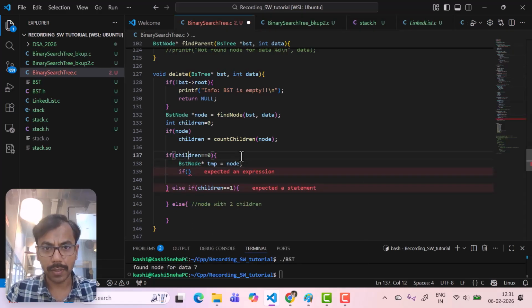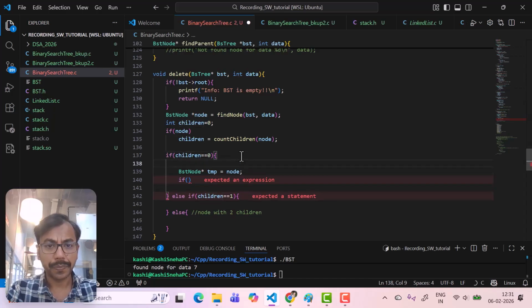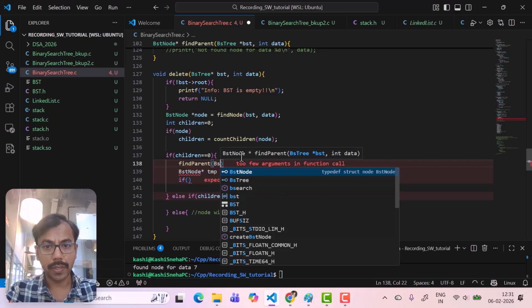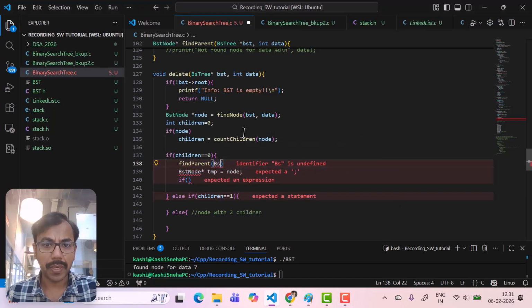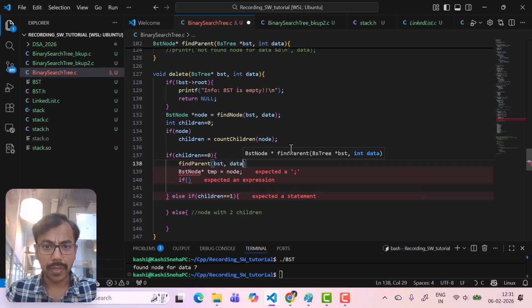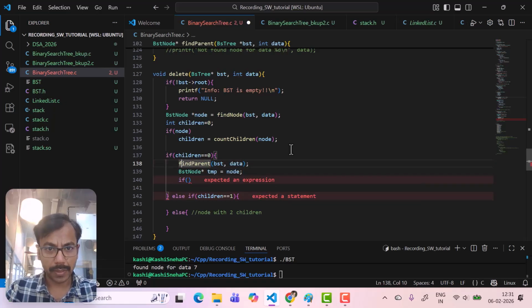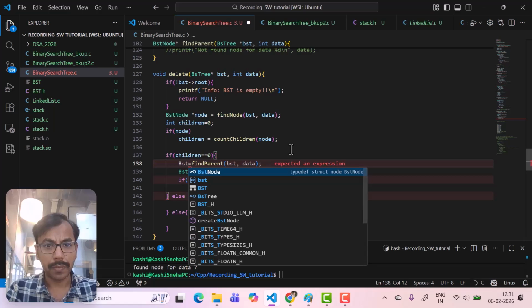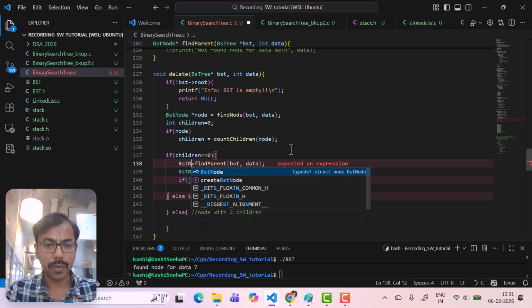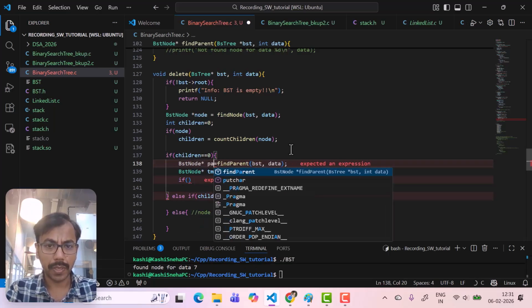So let's write find parent of bst. Find parent bst, basically tree bst comma data whose parent we need to find, and let's take it in a variable, bst node star parent,